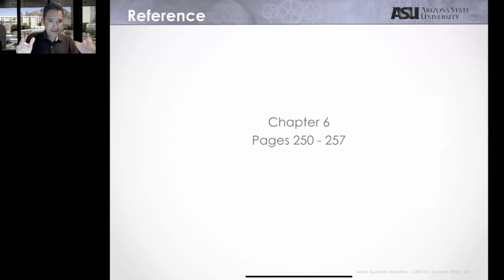Good. So guys, this information is in your textbook. If you want to review more examples, if you want to go ahead and check the topic, what we cover is in the second edition of the textbook, chapter 6, and today I basically covered 7 pages. If there are no more questions,